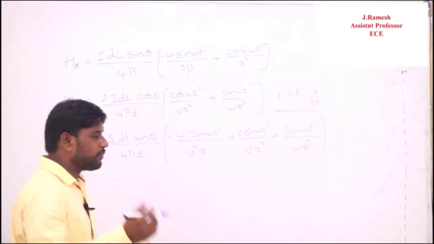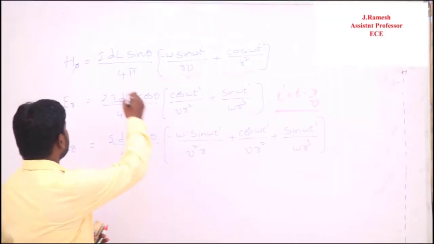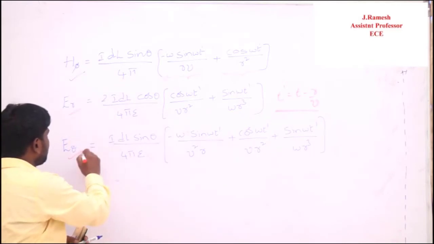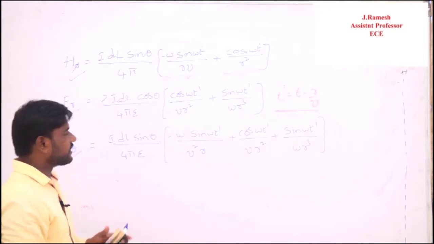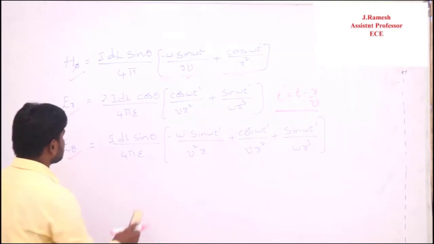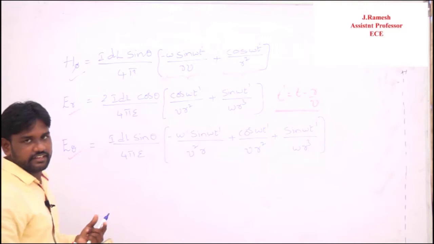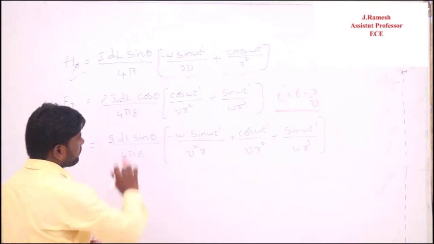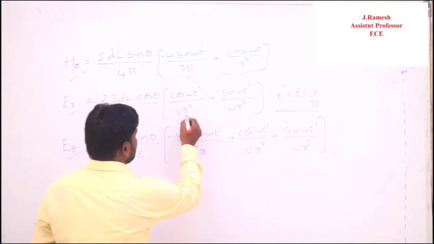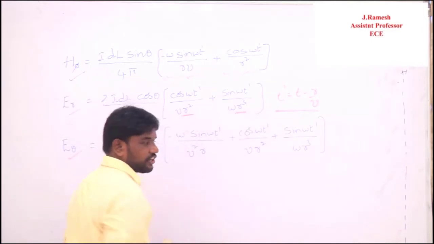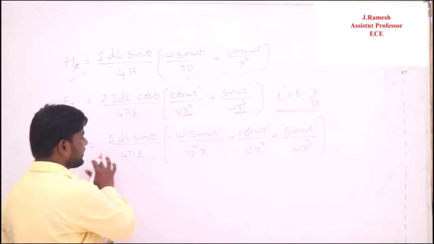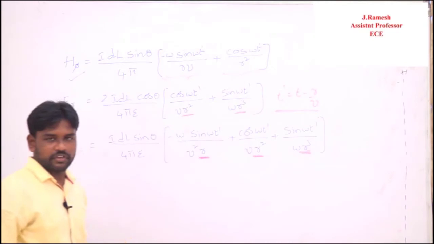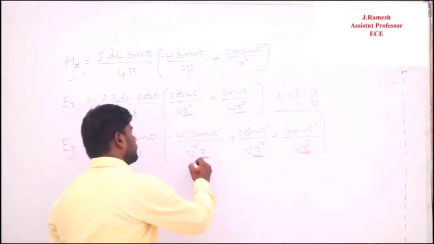Okay, so the above mentioned 6 points are related to only the H phi component. I didn't discuss what about E_r and what about E theta. So now we will see what components exist in E_r and E theta. If you observe clearly, there is a 2 I dl cos theta over 4 pi epsilon, and here there is an r square term, here there is an r cube term. And if you observe E theta, you have the 1 by r term, 1 by r square term, 1 by r cube term. So we know what 1 by r term indicates.